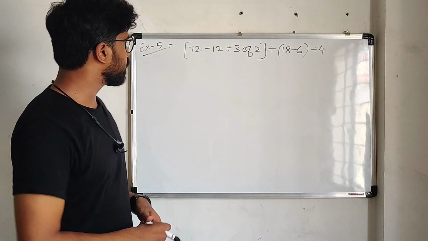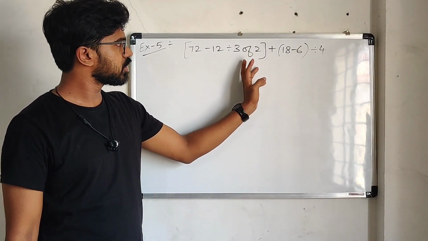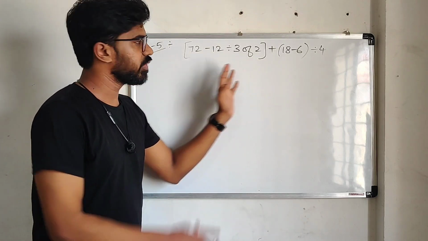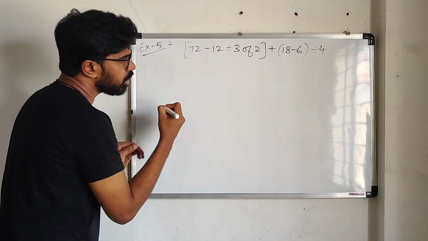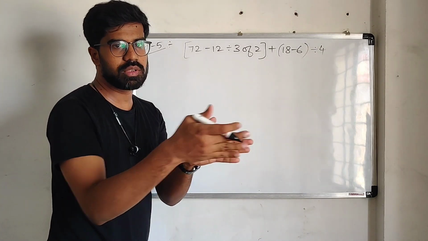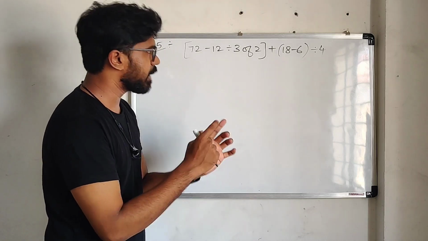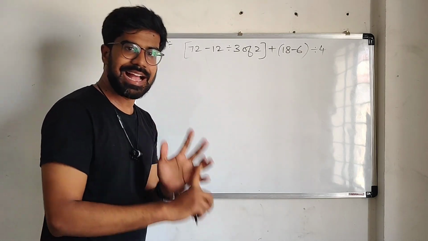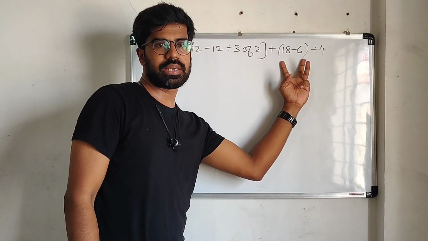Alright. The next sum which we have over here. This is the one. So here I have used the word off. So we haven't seen any sum related to that. So this one, how to solve this one? Now if you observe carefully, we have to follow the BODMAS according to its order, right? So first one is brackets. We do not have bar, but we have brackets. We have square bracket and we also have common bracket or round bracket.